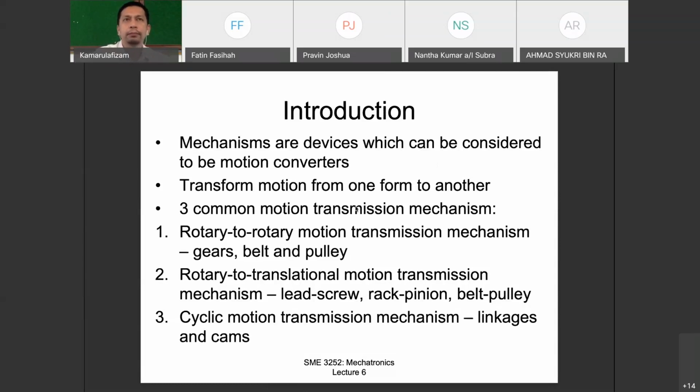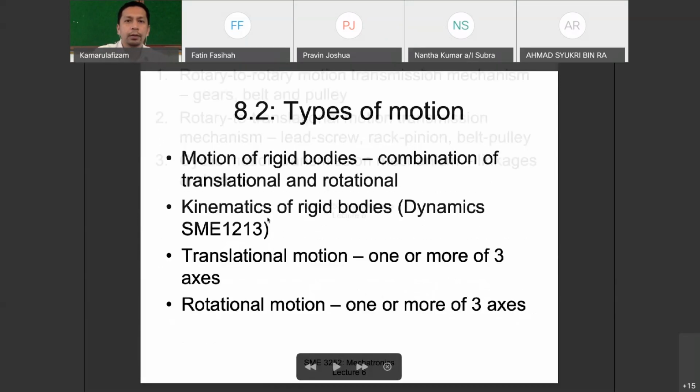Alright, so dalam basic mechatronic, kebanyakannya motion dalam sistem mechanical ni boleh dikategorikan pada 3 jenis motion. Okay, you can easily classify mechanical motion into these 3 types lah. Okay,